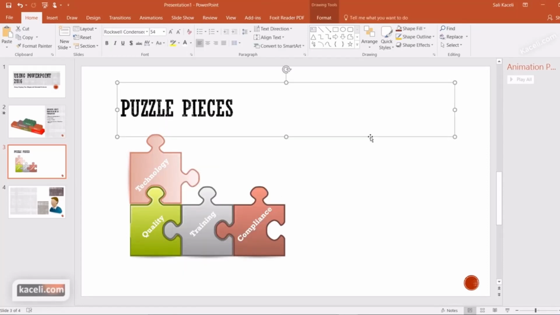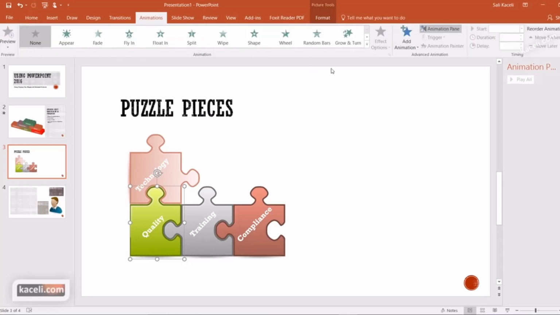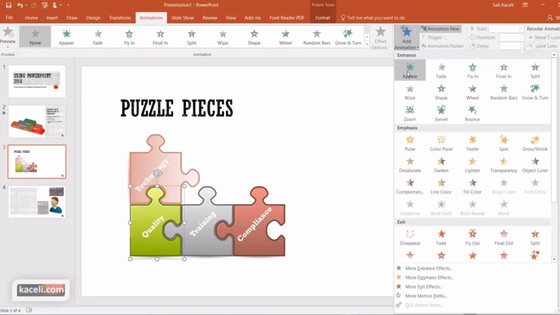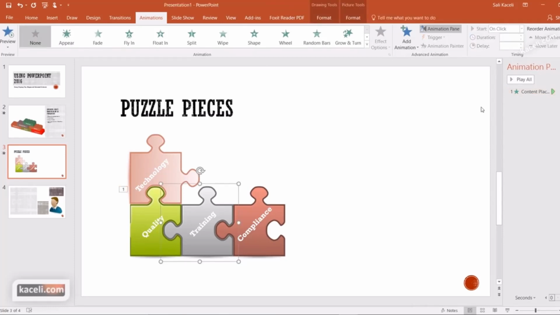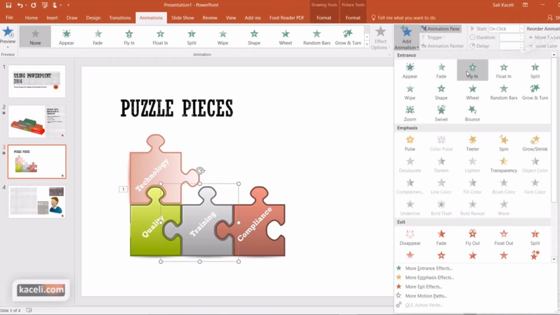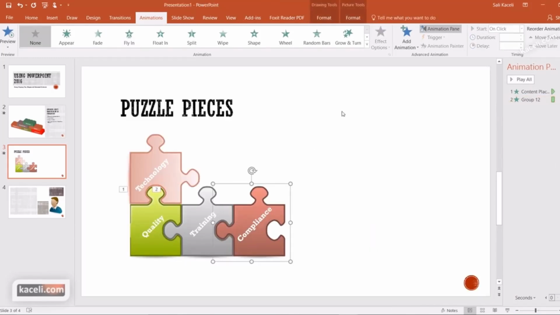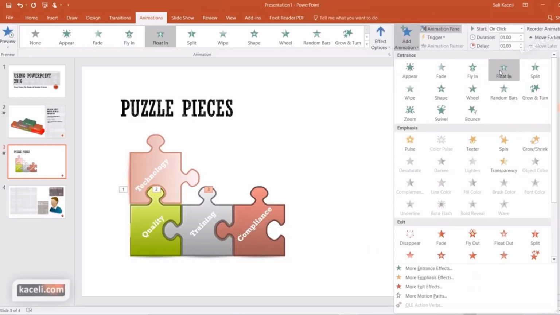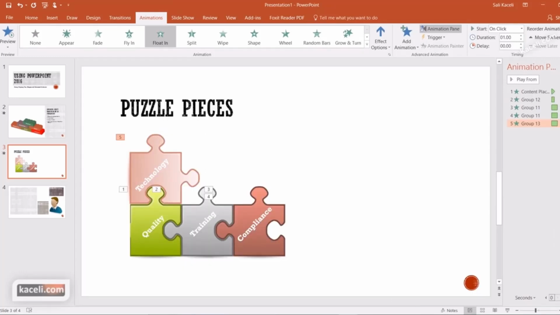Now they are grouped together, or you can select each one of them. Let's say you want to start with this first one, then you go here under Animations, add an animation, appear, and that first one, it'll appear. The next one, you can choose a certain type of animation, fly in, the third one as well, and the fourth one. You can further customize the animation here for each one of them so that they float in for a certain